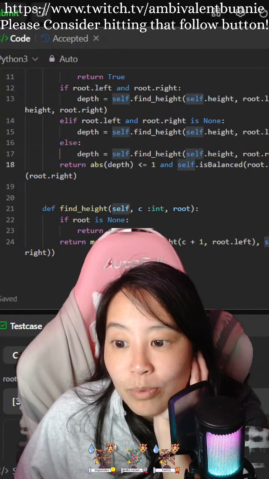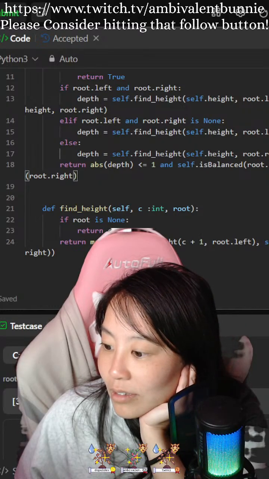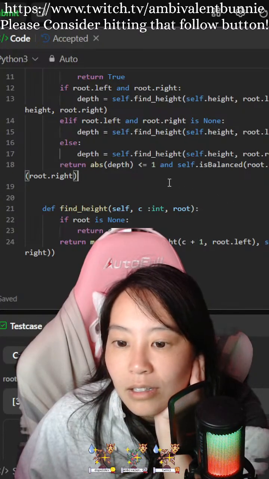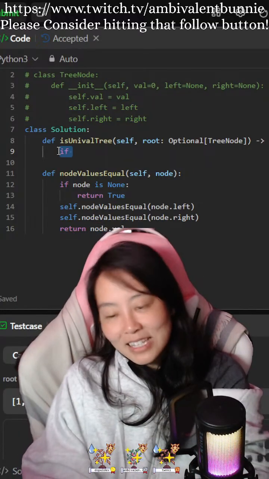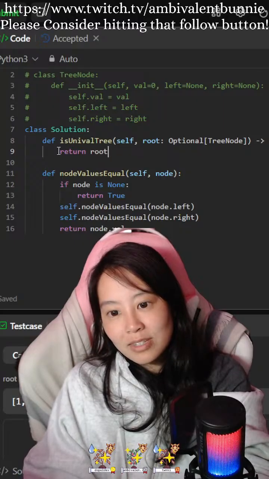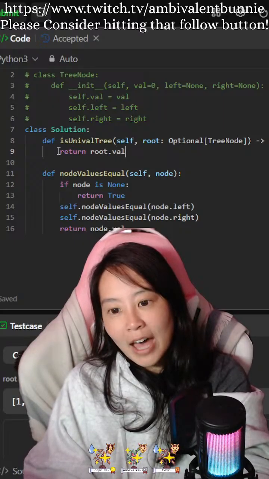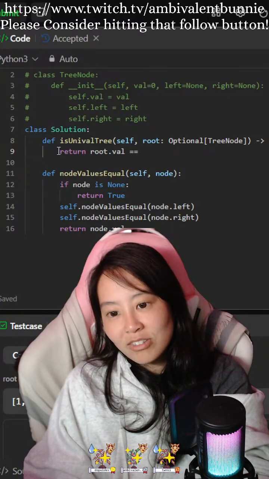So this returns a Boolean, this returns a Boolean. So it would essentially be return root dot val equals